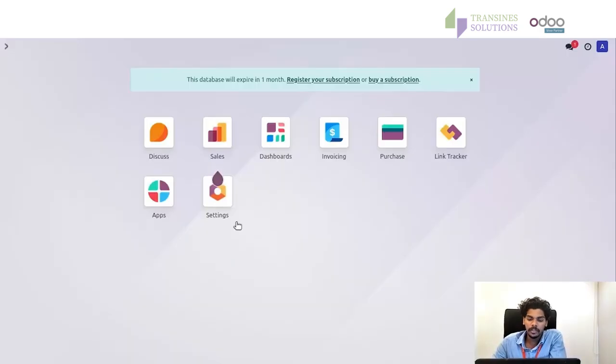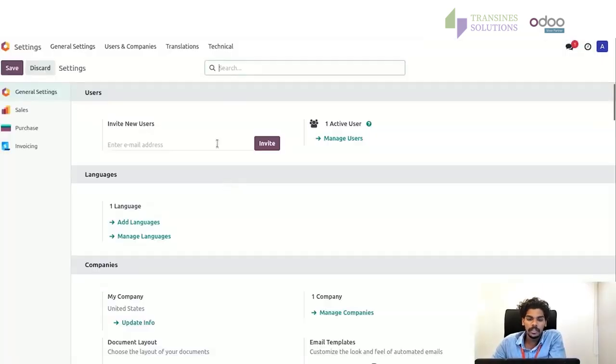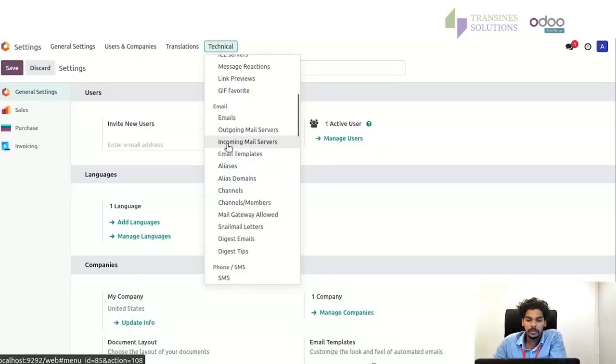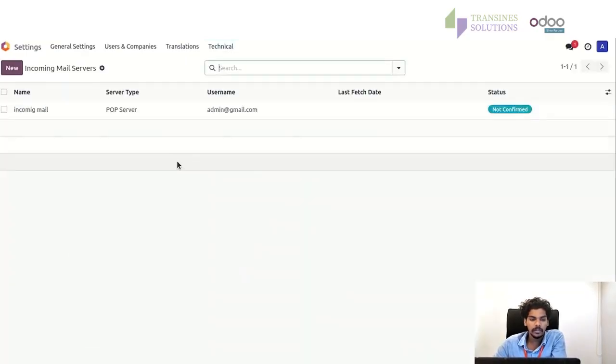So go to settings, and here you can see a technical menu. Under technical, you have an option to create outgoing mail server and incoming mail server. This is incoming mail server, and here you can see an option to create a new one. Click the new button,